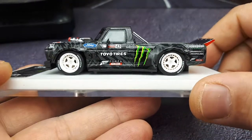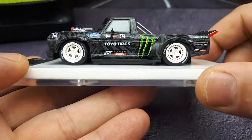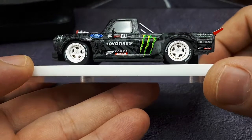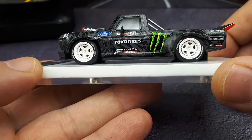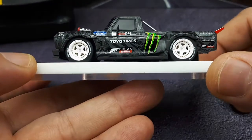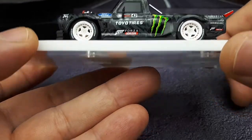So I guess we'll start from the side view. Those beadlock wheels do look nice, and it looks like there is air passing through them, and there's indication of some disc brake rotors back there. You notice the front one's much bigger than the rear one, it seems. No, I think they're the same size. I have to look at it with the naked eye for a second, but they're definitely what look like...